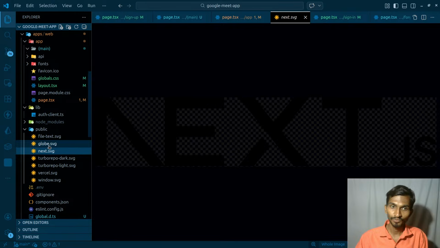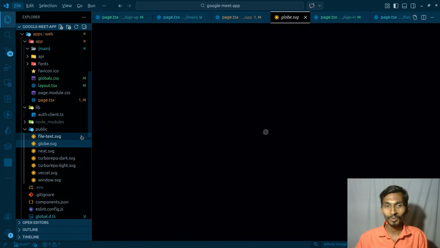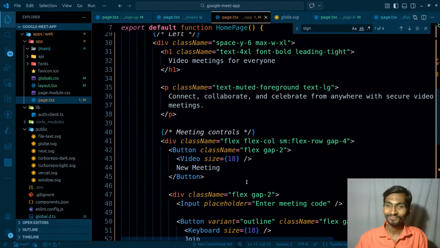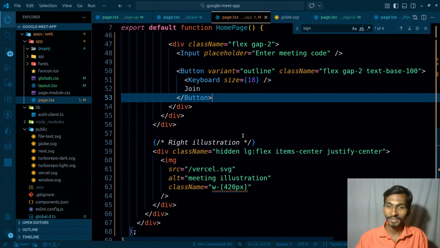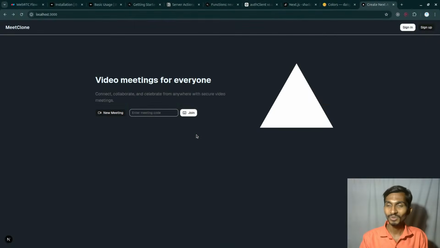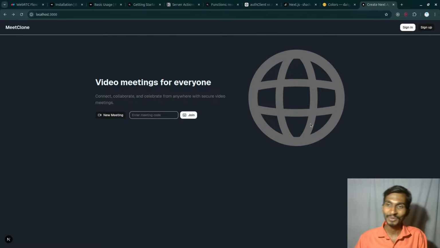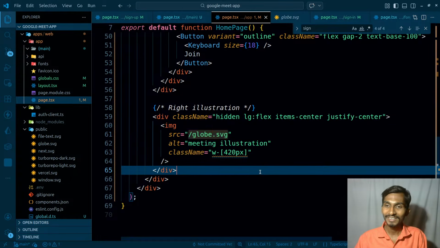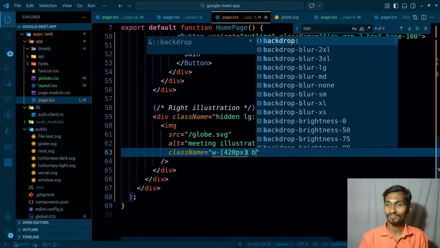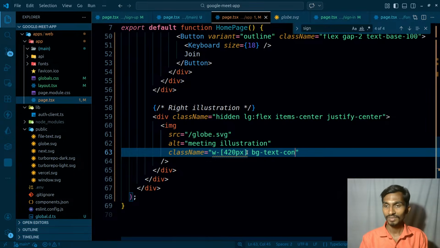Apart from this particular thing, I have some window SVG, this SVG, this SVG, Next.js SVG, global SVG, globe SVG. Let me have that. So coming back to this particular thing, the image of the home page. So this is the home page, and I have an image over here, and I'm just simply gonna have a globe here. So it's gonna be looking a bit good. And as for the color, class name,